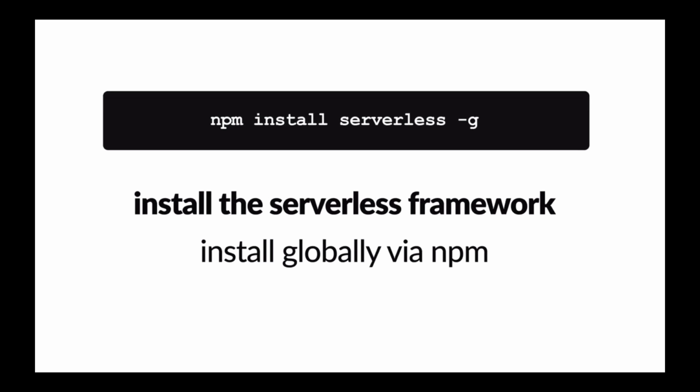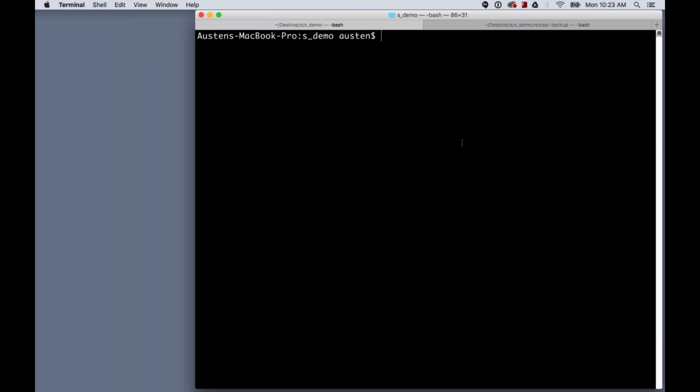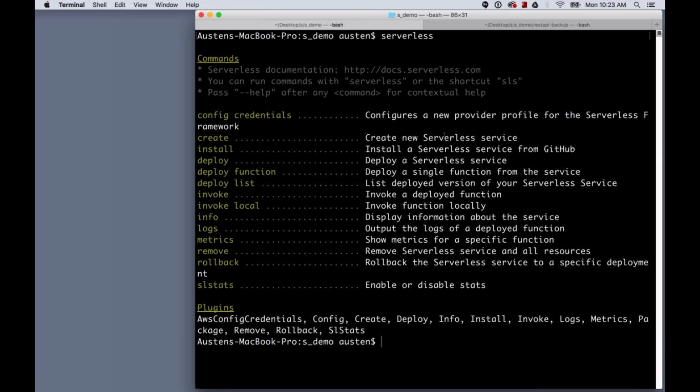It's pretty exciting overall. So getting started, how do we get started with the serverless framework? First off, it's an NPM module. You can install it via NPM, of course. You want to install it with the global flag, and this is going to install the serverless framework globally so that you can access it via NPM. And I have it already installed here, and I could just run serverless, and it's going to show me a nice list of commands.